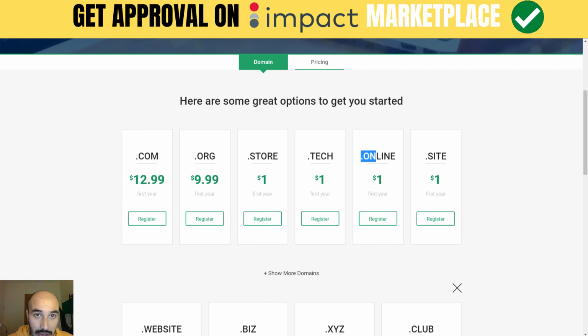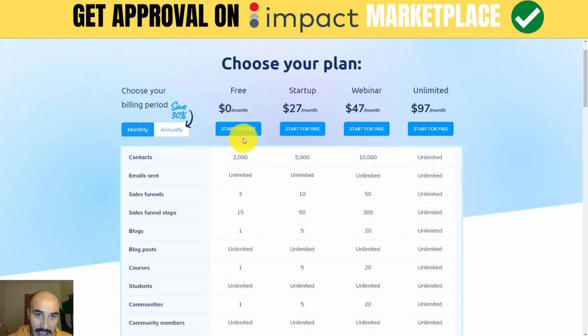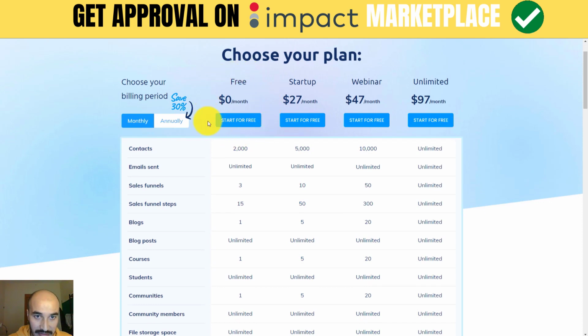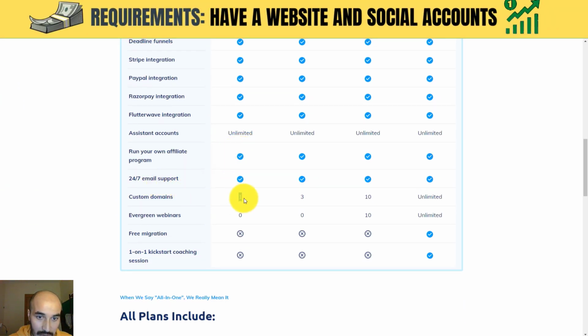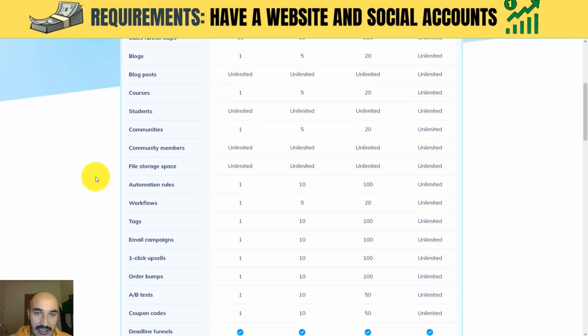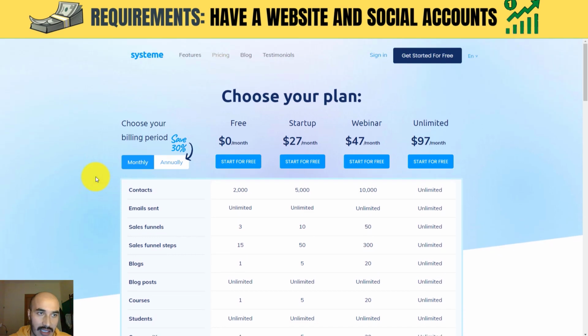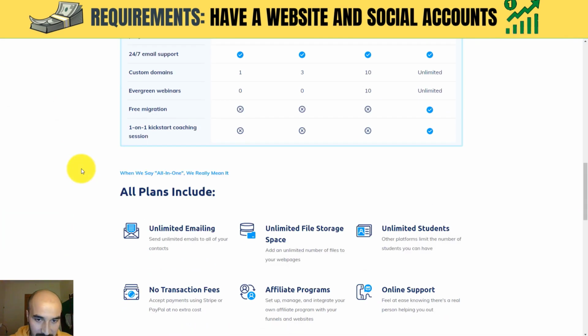Once you get your domain name, you come to system.io and you create a free account. As you can see, free, $0 per month. Once you create, as you can see here, you have the option to add a custom domain name, your own domain name, not like blah blah blah dot system.io, your own domain name. When you add your domain name, you get a lifetime free web hosting. This is very, very good. And it's fast. It is a very reliable web hosting company. As you can see, everybody is talking about this company.